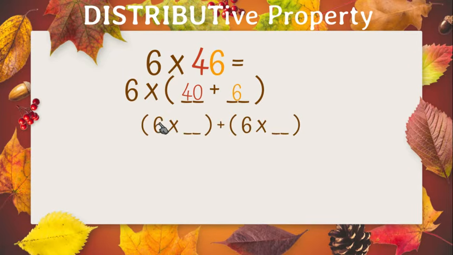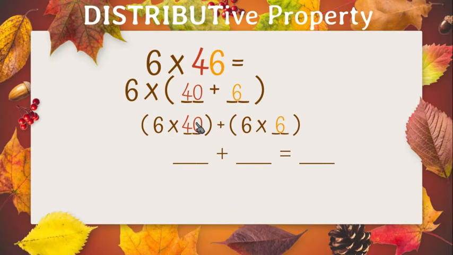So I'm going to take my 6, and I have two numbers. So I've got two parentheses, right? Two sets. I'm going to take my 6 to the 40, and then I'm going to take my 6 to the 6. So now I've got 6 times 40, which I wrote here, and then 6 times 6, which I wrote here. All right, so now I'm going to figure out what my products are for each parentheses or each